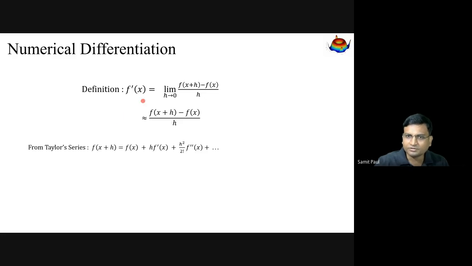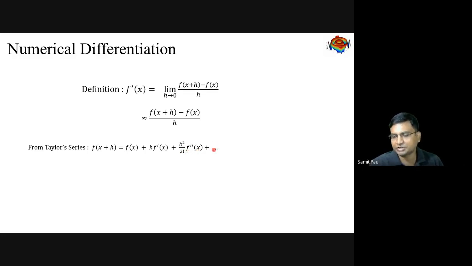And we can also see how this error can be calculated. If you write a Taylor series expansion of f of x plus h, where h is small compared to x, not tending to 0, the Taylor series expansion tells us f of x plus h is equal to f of x plus h times the first derivative of x, then h square by factorial 2 times the double derivative of x, and so on.